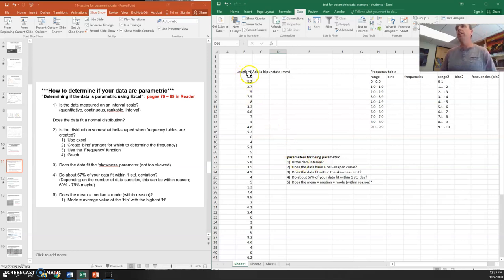So this is the length of Adelia bipunctata. I believe that's some type of shell or clam or something like that, I'm not sure, but it's in millimeters, so length, it tends to be continuous. This is quantitative data, and it is rankable, lengths are rankable, so that data is interval, so I will just go over here and put yes, it's